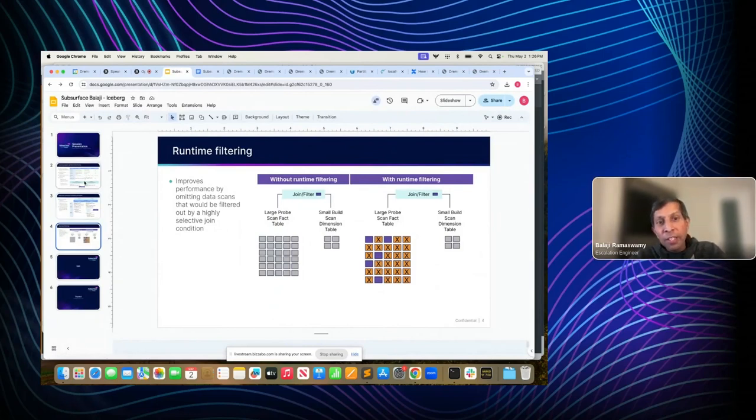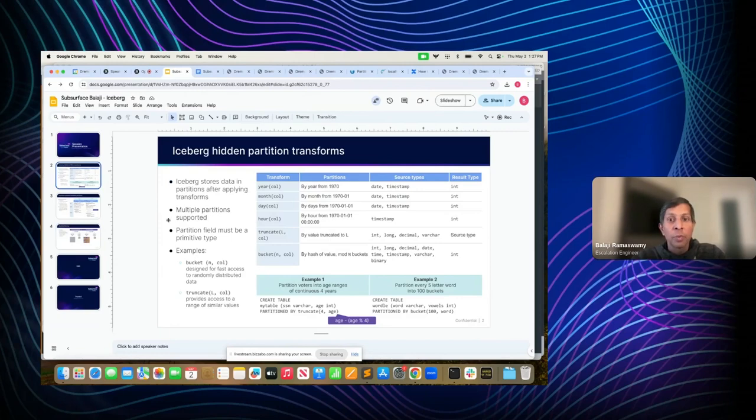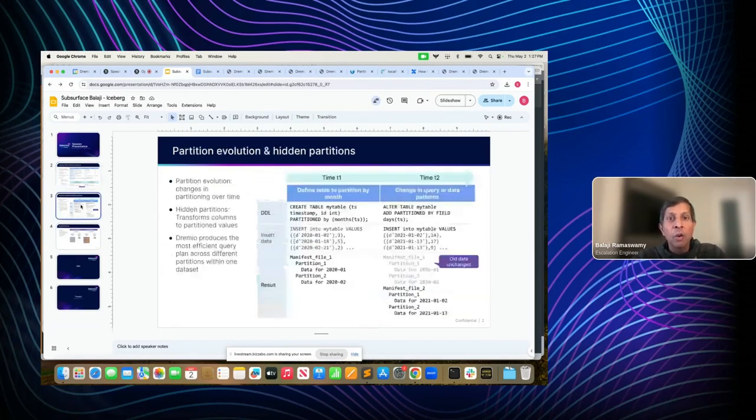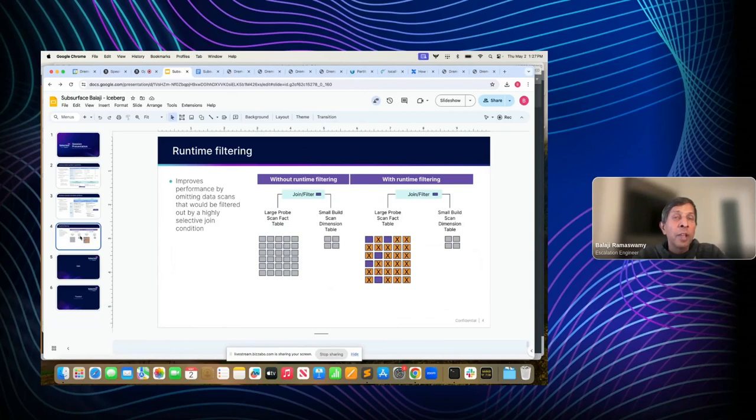Cool. So basically the three topics we discussed: partition transform, and in partition transform, I just want to recap. We can do it on days, months, hour, and year of timestamp, or you can do truncate. We looked at the other example of bucketing, right? And then we also looked at how partition evolution is super important, because that allows you to change the partition scheme based on how the data pattern has changed. Both of them help you in optimizing your Lakehouse features by making your query run fast. And finally, we touched upon runtime filtering, where during runtime your query can be accelerated by pruning partitions or pages depending on a partition column and a non-partition